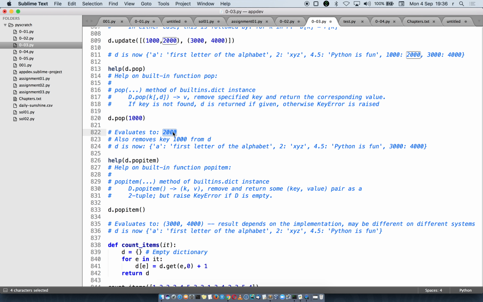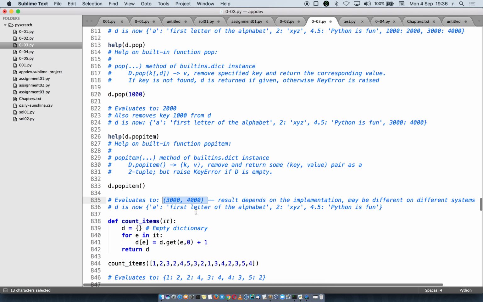So it removes a mapping, but it only returns the value of that mapping. The key is lost. So to fix that, there's another function called popitem. Popitem returns the pair representing the mapping, so you also get a handle on the key. Okay,